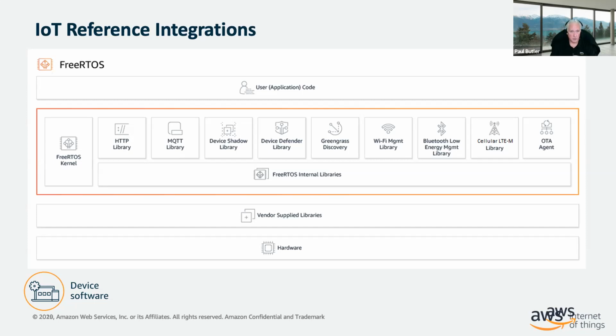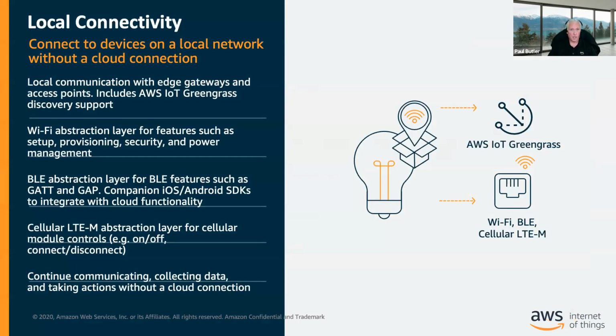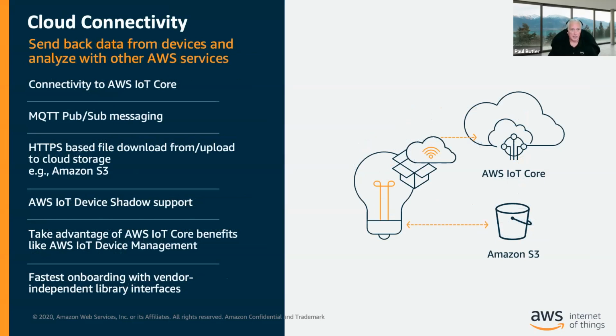You could use a different real-time operating system, and those libraries could still be ported into that environment. By AWS providing these libraries, though, it makes it really nice to know that you can build a device and you've got all of the interfaces that you need to complete your project. I don't want to drill down too much into what those libraries provide, but you can see Wi-Fi, Bluetooth, cellular interfaces, and then in the cloud connectivity space, you're really talking about HTTPS, MQTT, and device shadow,